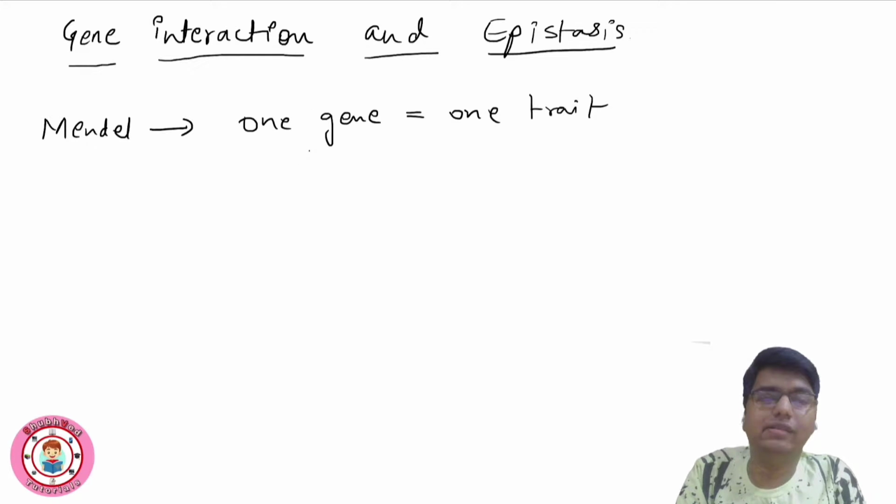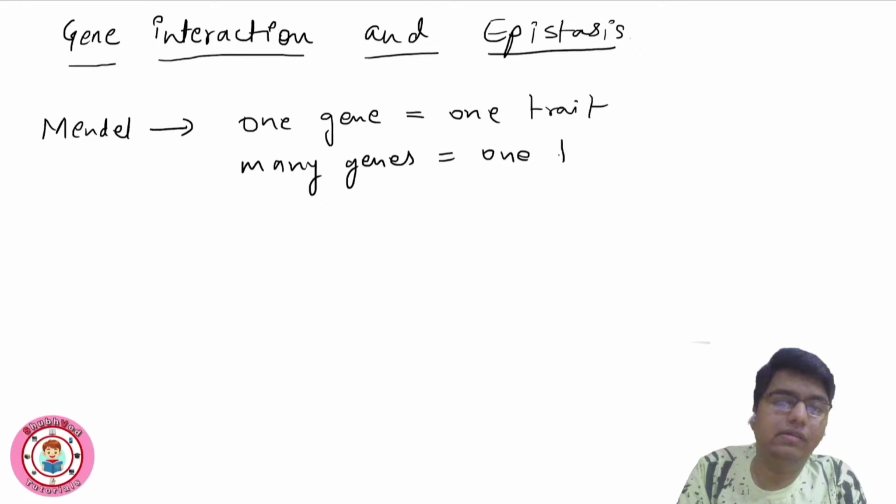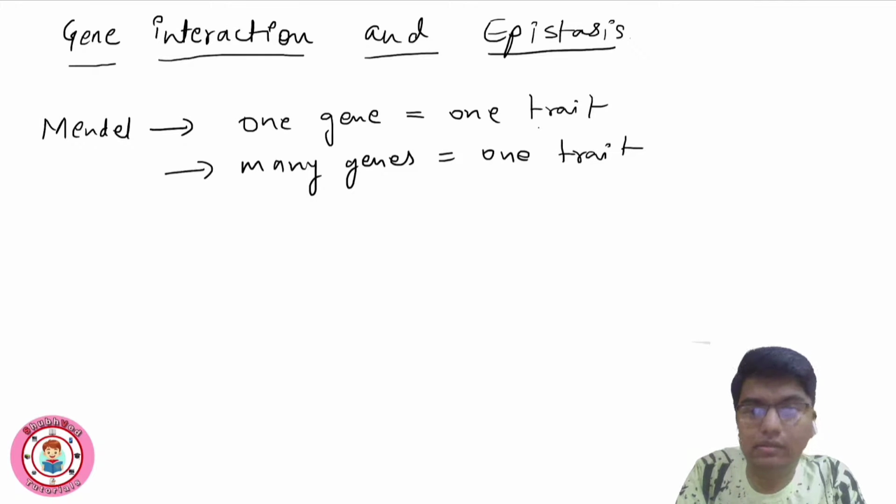But now in gene interaction, many genes are responsible for one trait. This is gene interaction. Many genes are responsible for one trait. This is gene interaction in simple words. Means there are a lot of genes that control one phenotype or one trait, and epistasis is the example